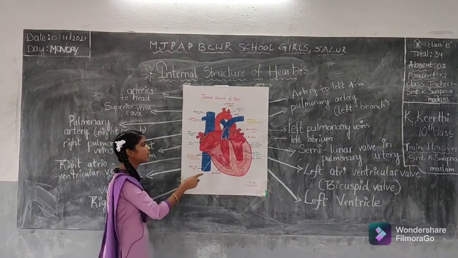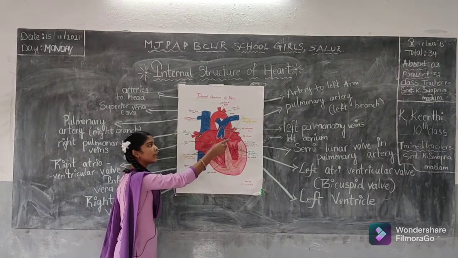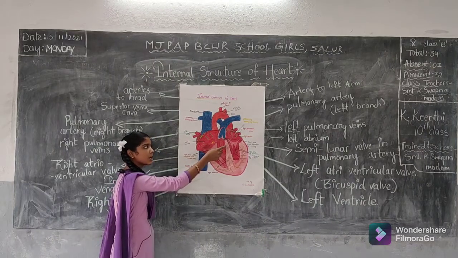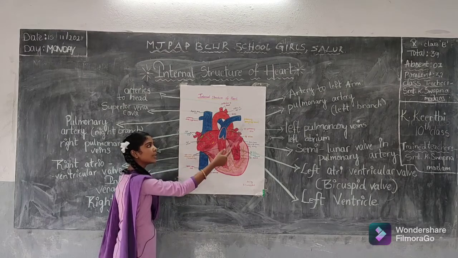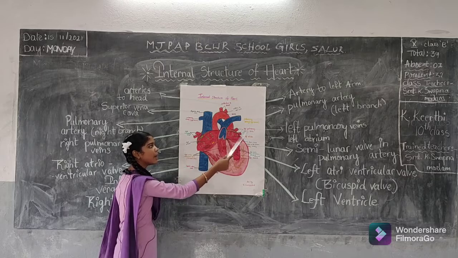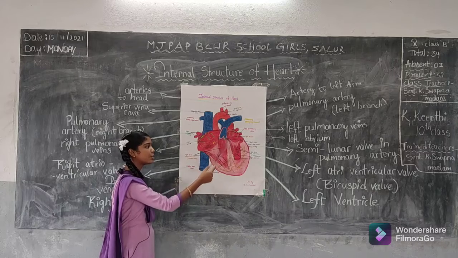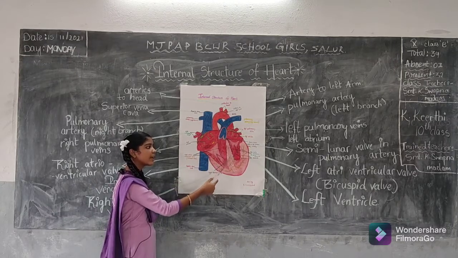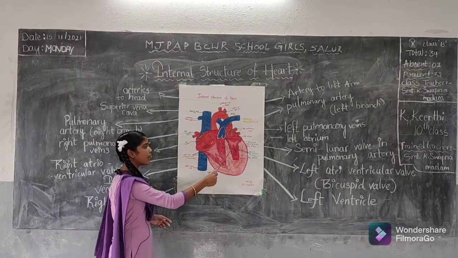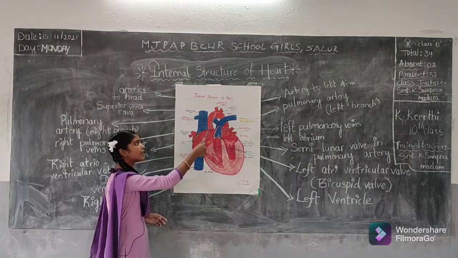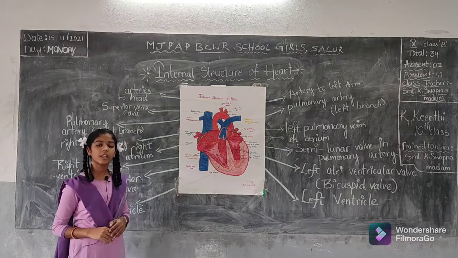Next, the deoxygenated blood in the right ventricle passes through the pulmonary artery into the lungs. The deoxygenated blood gets oxygenated at the lungs. After it gets oxygenated, the oxygenated blood passes through the left pulmonary veins into the left atrium. Now the oxygenated blood in the left atrium passes through the bicuspid valve into the left ventricle. The left ventricle gives pressure to the heart. The oxygenated blood in the left ventricle then passes through the aorta. We know that the function of the aorta is supplying oxygenated blood to all parts of our body through the arteries.